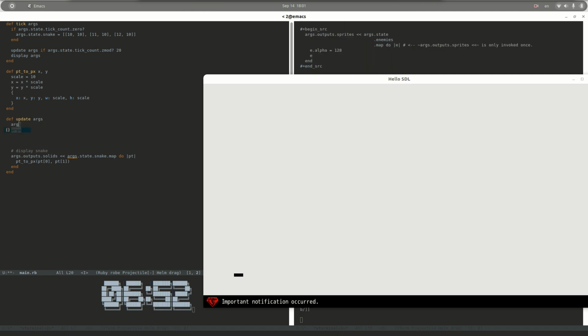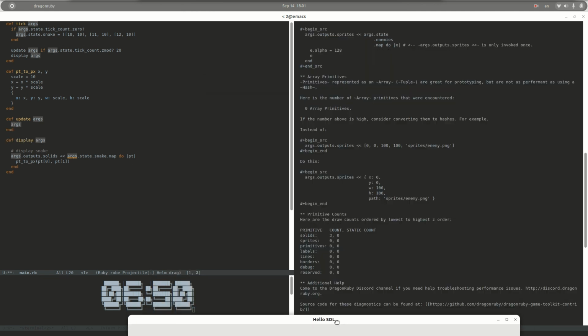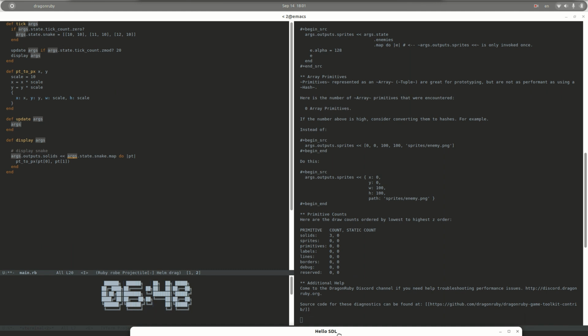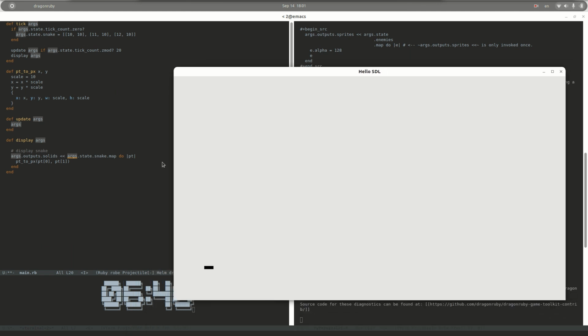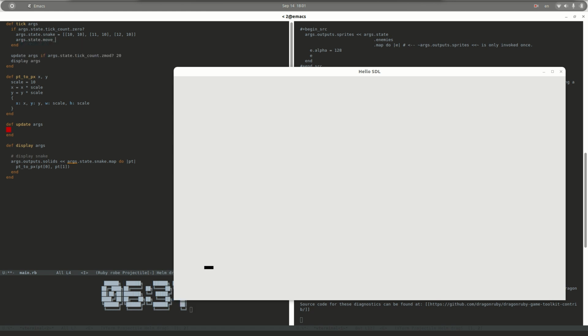And I bet that was illegal, wasn't it? No, I guess it's right. Okay, so then we will just do movement direction. And we'll just do something like that, right? And this is great because then we can just do